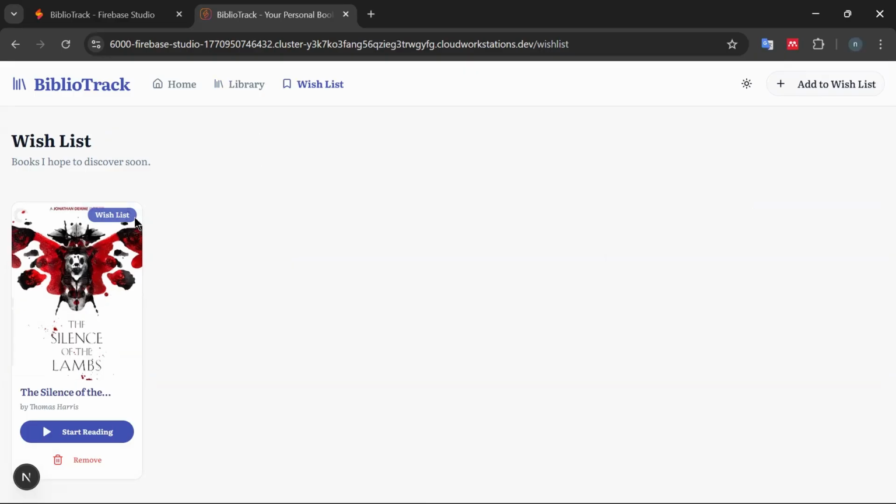As shown at the top, the title says Wish List with the subtitle "Books I Hope to Discover Soon." This creates a more personal tone, emphasizing that reading is also about future goals and curiosity. On the top right corner, there is an Add to Wish List button. This allows users to directly add a new book to their wish list without placing it in the main library